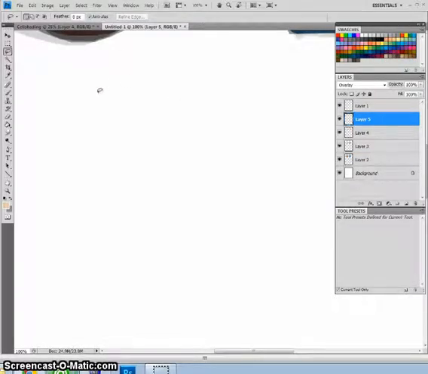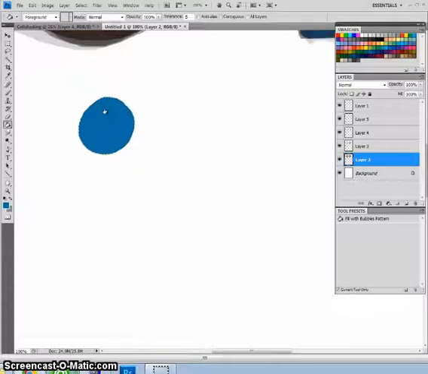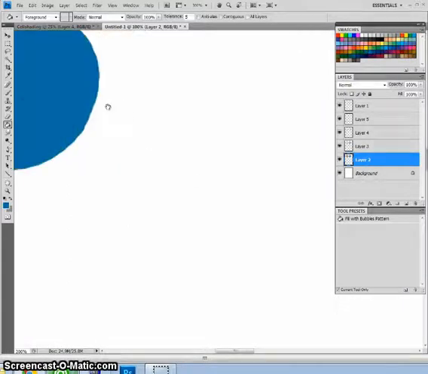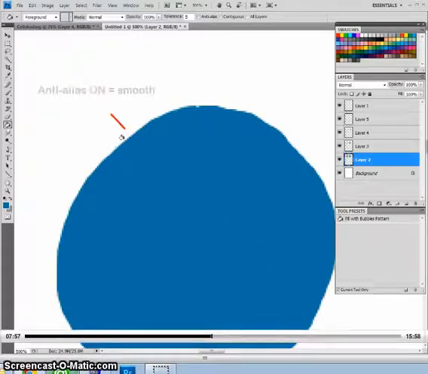With the anti-alias setting on, I select something and fill it. Oops, I selected the wrong layer. Select something and let me delete what I just did. Okay, select something and fill it. Select a darker color and fill it. You'll notice that if I zoom in to the edge, you see how the edge right here is blurry and